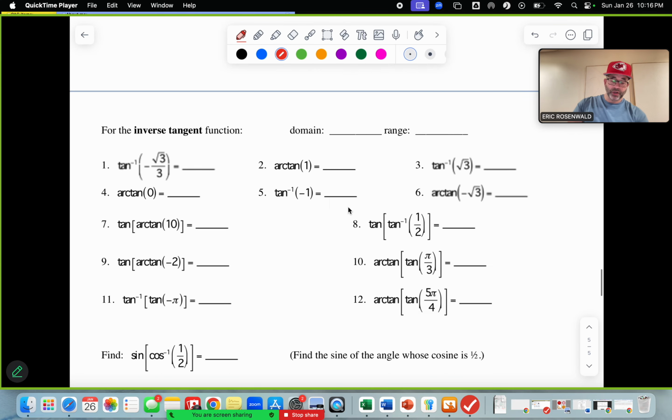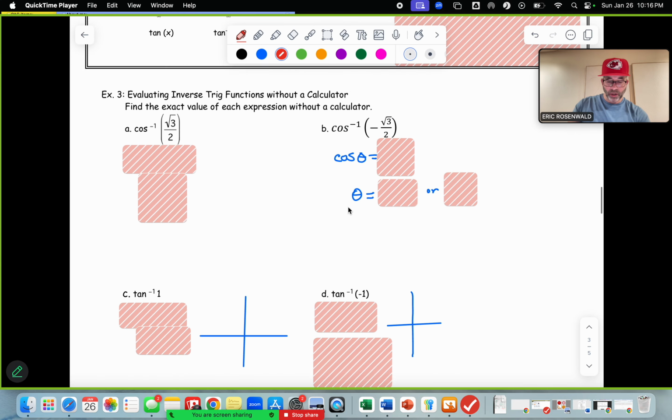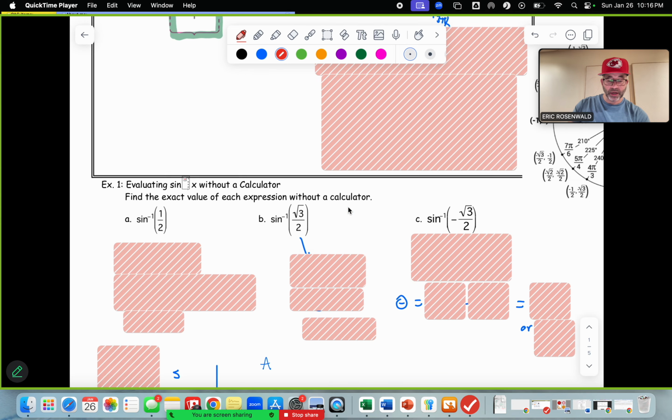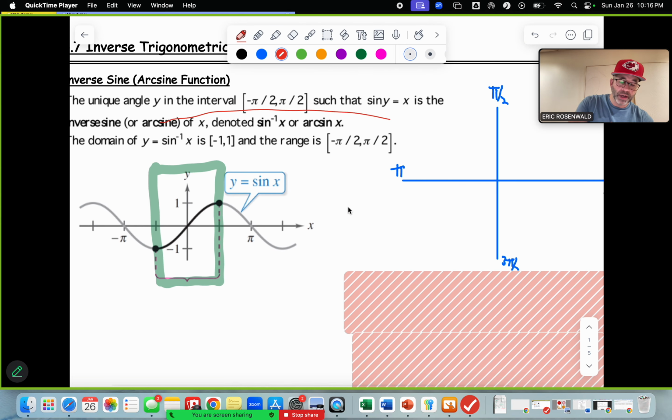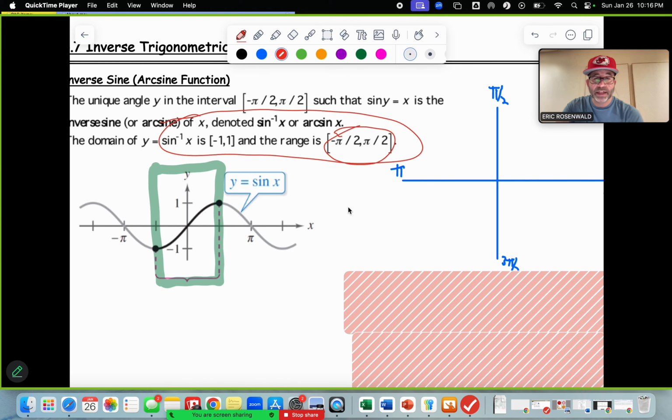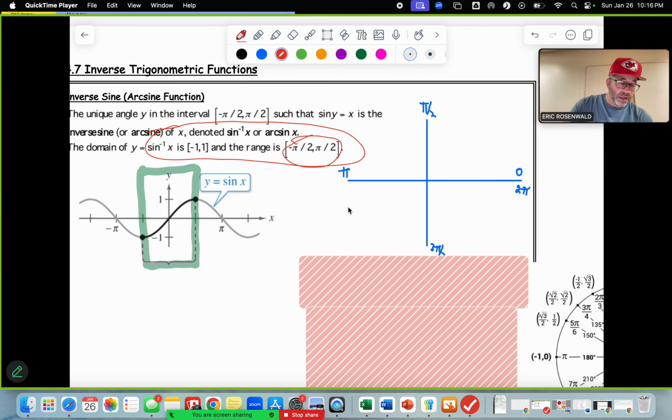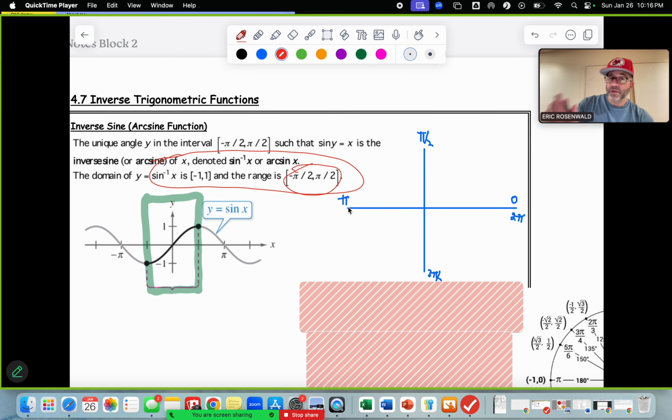Now, why is this important? What does this mean for us? Well, it means that we are going to focus solely on the domain and range being from negative pi over 2 to positive pi over 2, and then negative 1 to positive 1. So when we look at the unit circle, long explanation to get there, but here's what it is, okay? In order to get the inverse of a sine function, our answers have to be from